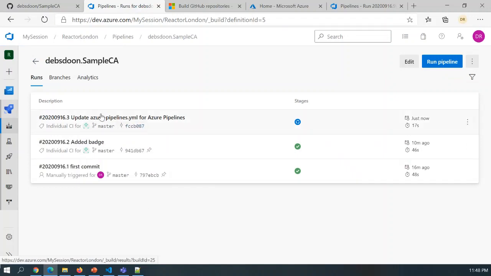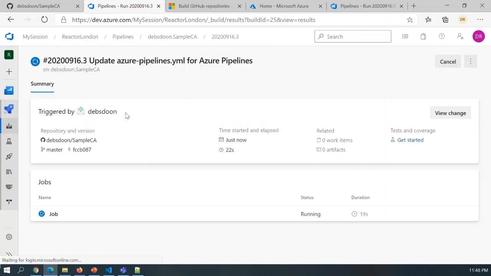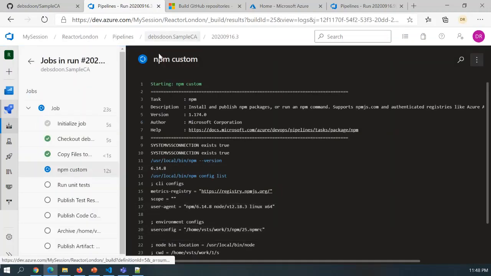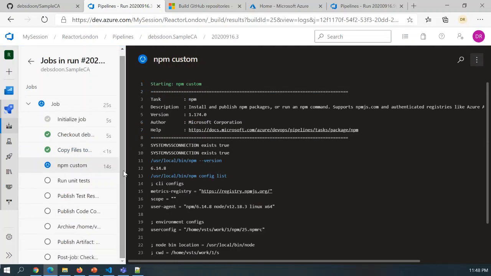Right, here we can come back. These are previous 2 runs. This will be my third run where the job is running. I can go into it. I can see the steps. Okay, while it is running,